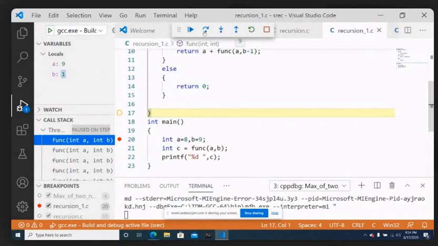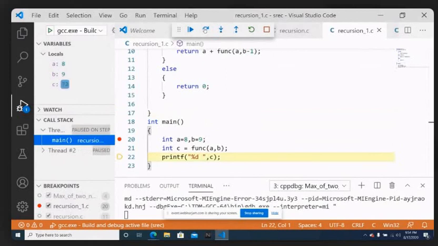Now you can see you're coming back, all the activation records are getting deleted one by one, and the values we saw will be calculated, and finally you receive 9 comma 8. Now finally you come to the last activation record having 8 comma 9. Whatever value you have computed will be returned to the main function and stored in C. The overall value calculated from the recursive function is 72, which we receive in C, and now we are printing that C value, which is 72.